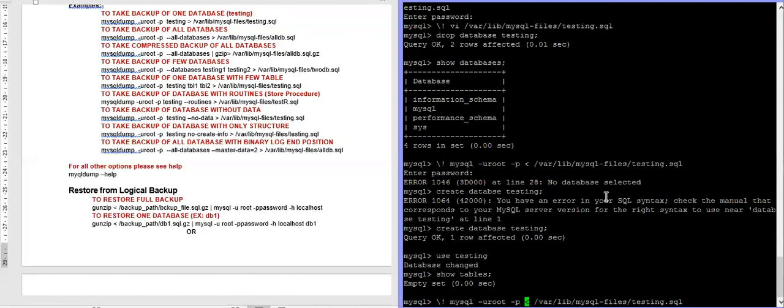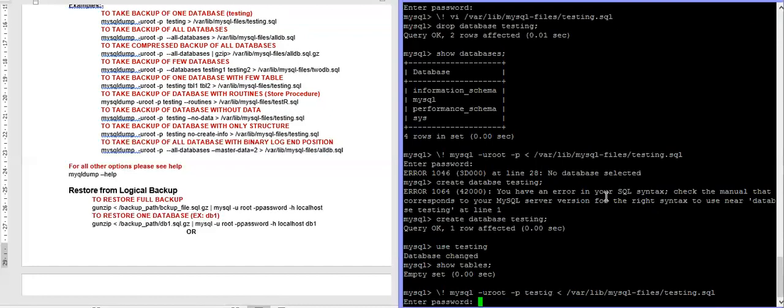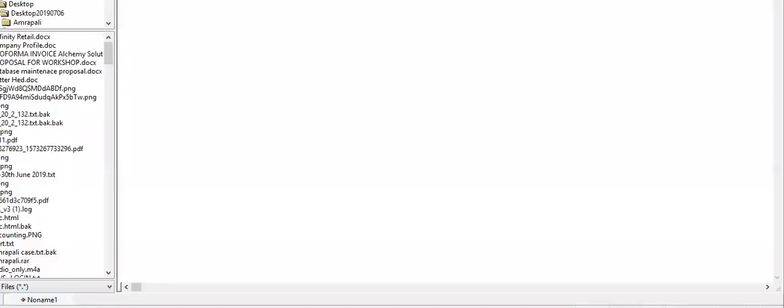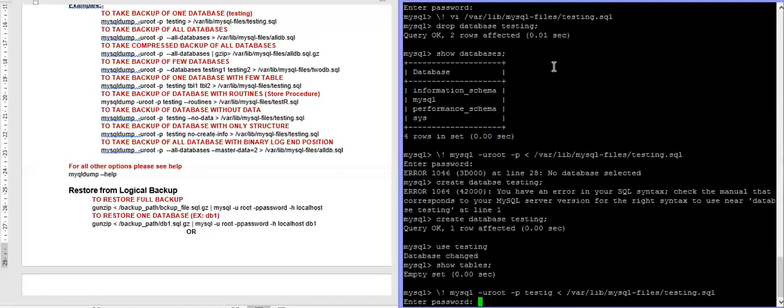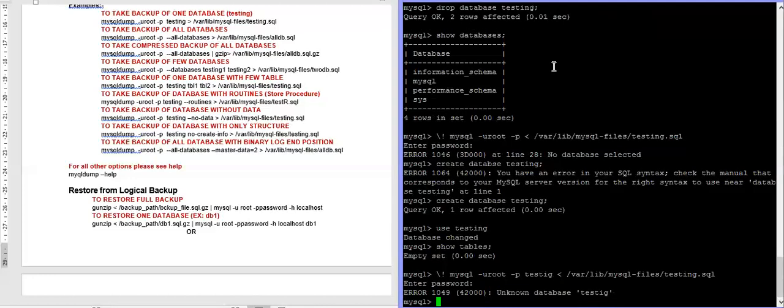We have to specify here the testing database, since we are going to restore into this database. Put the password here. Testing.